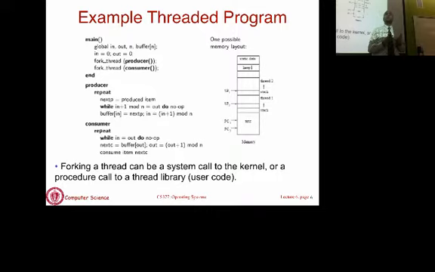Okay, any questions on this? This is just an illustrative example to show you how threads work. We are going to look at how thread libraries work next. Yes, question. The way this is implemented now is one thread for a producer and one thread for a consumer. Yes. The general case is an arbitrary number of producers and consumers. This is a single producer, single consumer. We will look at how to generalize all of that. We haven't done synchronization yet. Once you do synchronization, you'll see how to make this work. Yes, questions on that in the back.